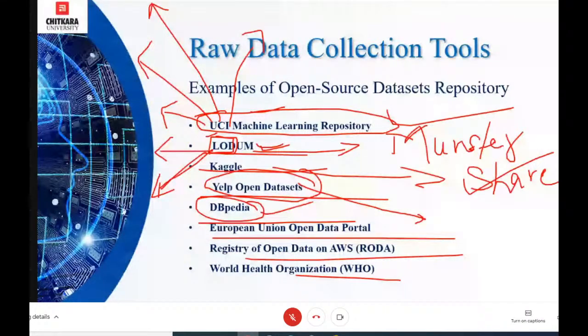As you know, Wikipedia is a great source of information. DBpedia aims at getting structured content from the valuable information that Wikipedia created. Okay. So it is just a structured form of the information created on Wikipedia.